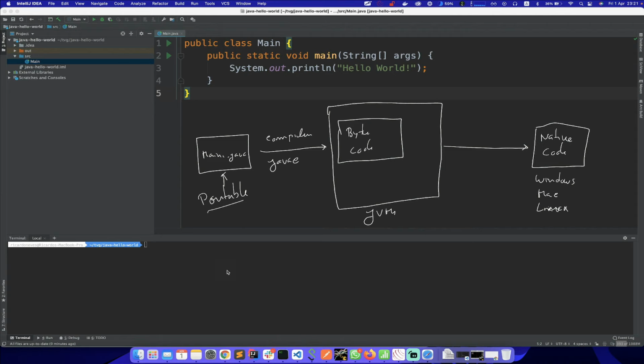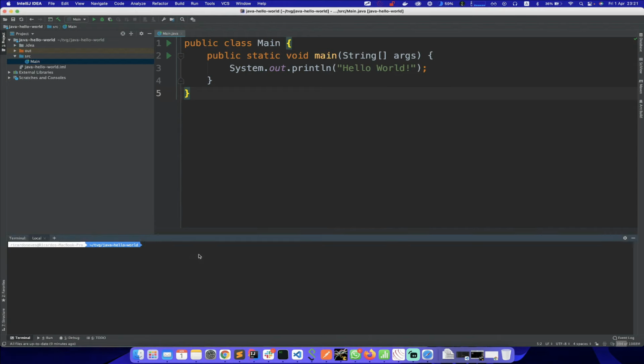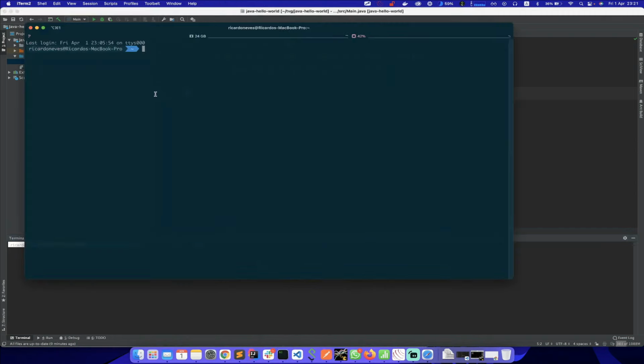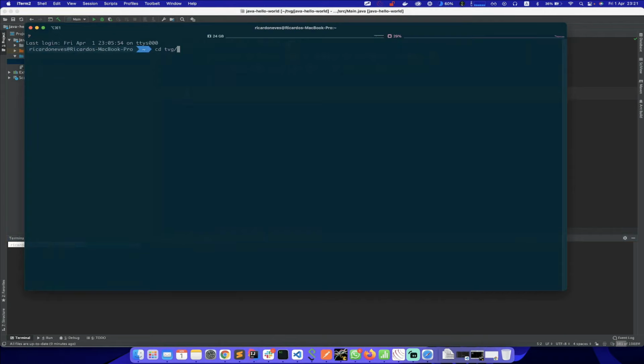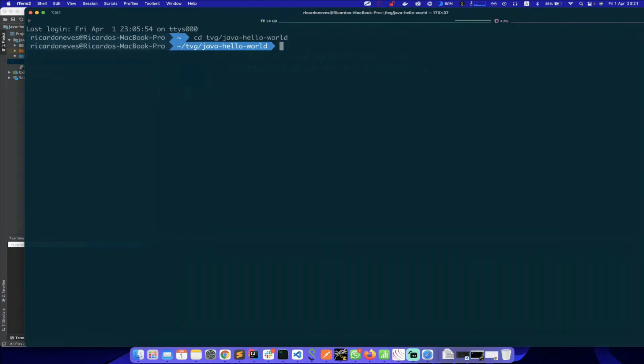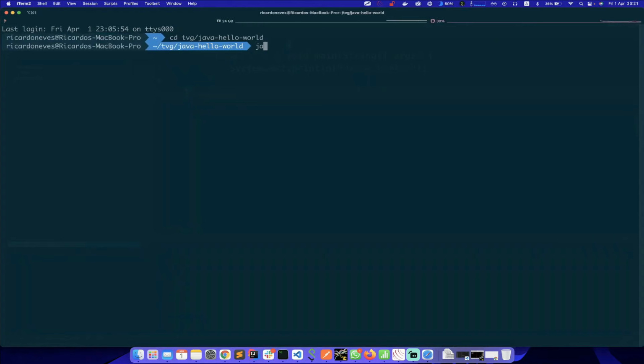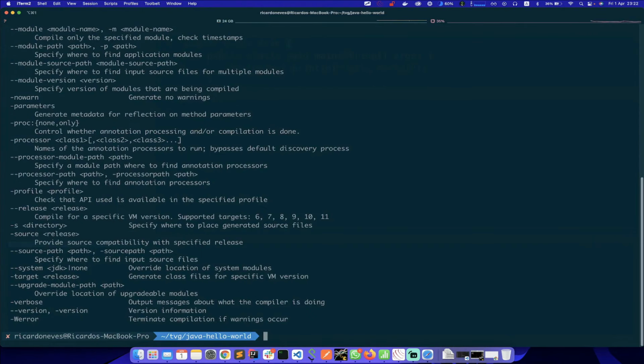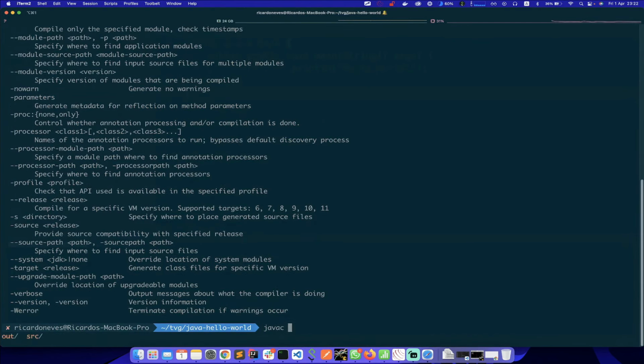So let's try to compile this code. Compiling this code is really easy. Let me open up the terminal. Okay, we are inside the project. And now we have a compiler called javac. If you don't see this output, something is wrong with your installation. And we can compile this program. So if we run javac and the source, Main.java,